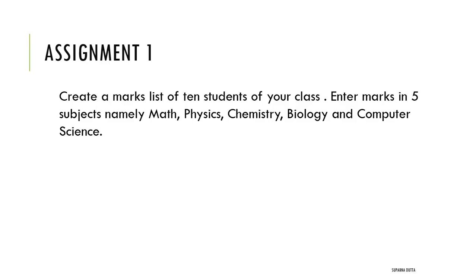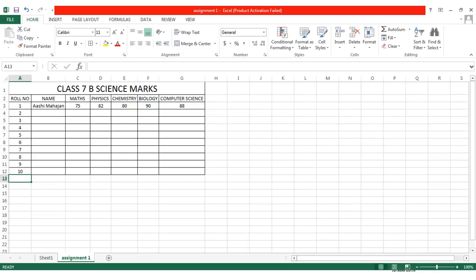Now that you know how to enter marks in MS Excel, this is your first assignment, where you have to make a list of 10 girls in your class with name and roll number and the marks obtained by those girls in these respective subjects. And your MS Excel assignment will look something like this, and you can name your file according to your choice, but please note where you will be saving your Excel file, because when I will be moving forward in this lesson with the other features of MS Excel, I will be using this list to show the other functionalities in